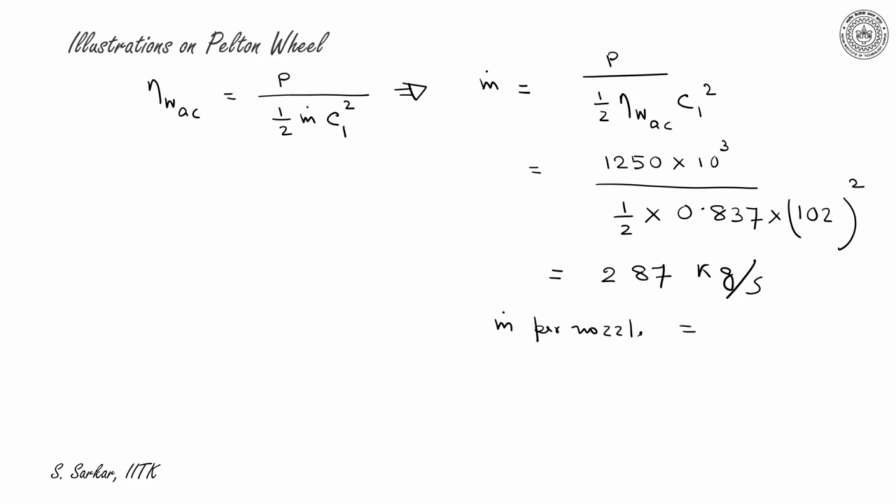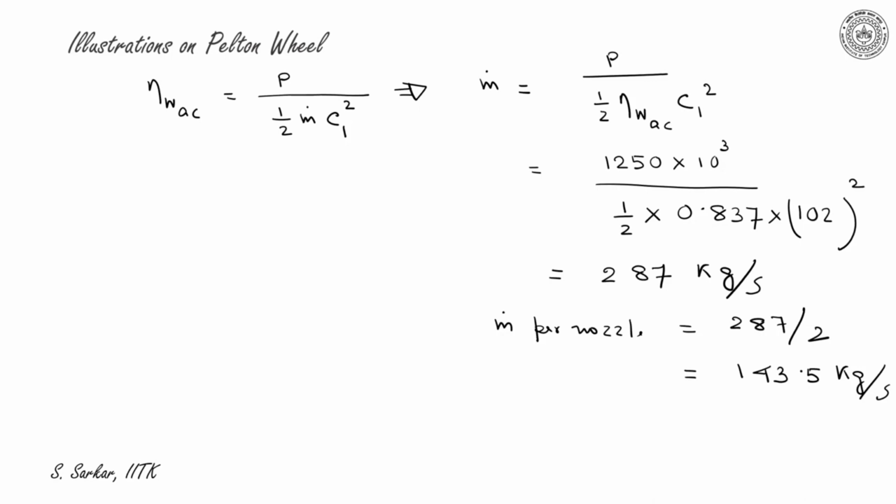So m dot per nozzle would be equal to 287 divided by 2. It will be 143.5 kg per second. Thus, I have evaluated the mass flow rate for a nozzle, which is 143.5 kg per second. Now, if I use the continuity equation,